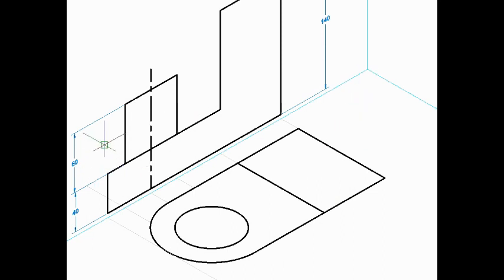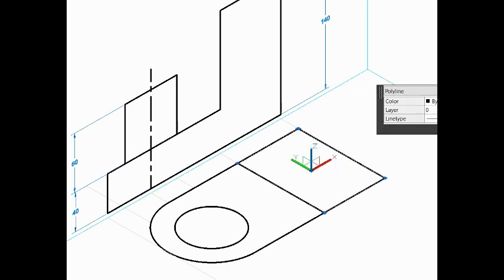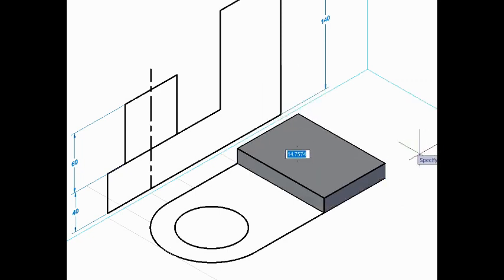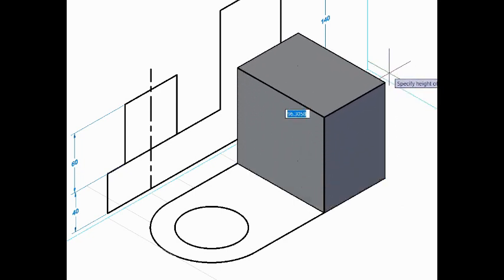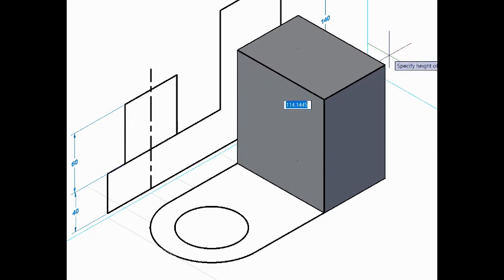First, let us imagine that this part is consisting of three separate things. That is, one is this block of 140 height, then this cylinder of 100 height, and this lower plate of 40 height. One by one, let us try to pull this thing in upward direction. How to pull this thing in upward direction? For this thing, I will select one. Okay, so this way I am selecting and pulling it. So how much it should be pulled? Its height should be 140, because that height is shown in our front view.